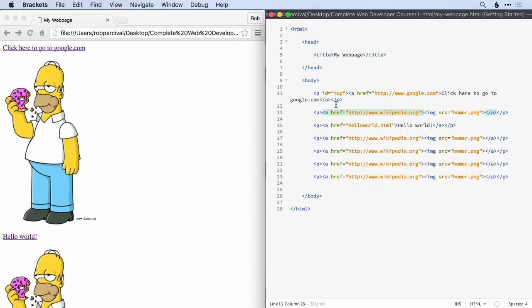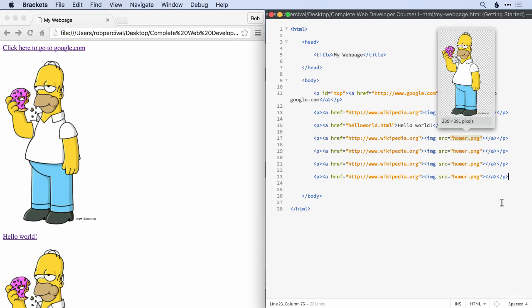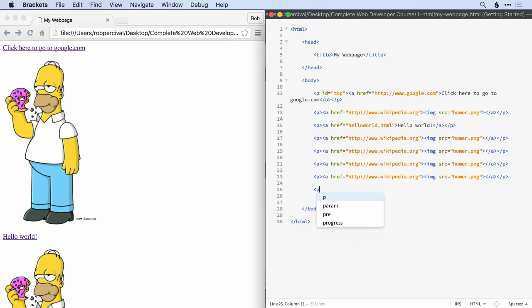Now, IDs we're actually going to be using a lot. First in CSS for styling, and then in JavaScript to start getting bits of your web page interacting with each other. But for now, we'll just use them for this anchor effect. So now that we've got a paragraph tag with an ID, we can add a link at the end of our page,